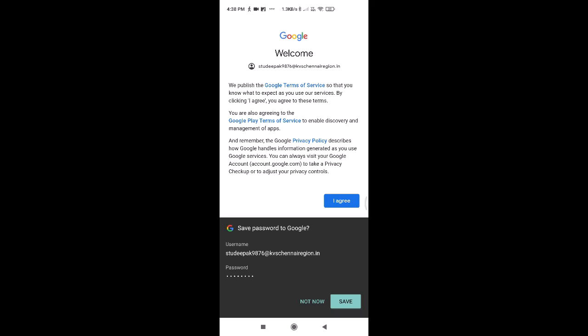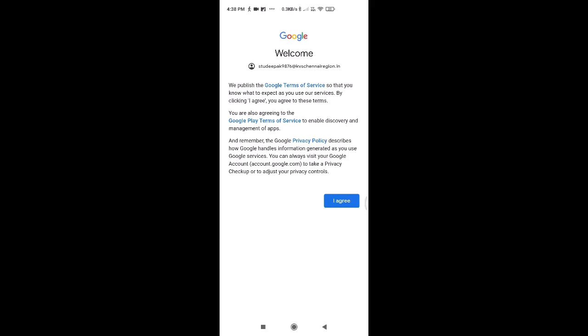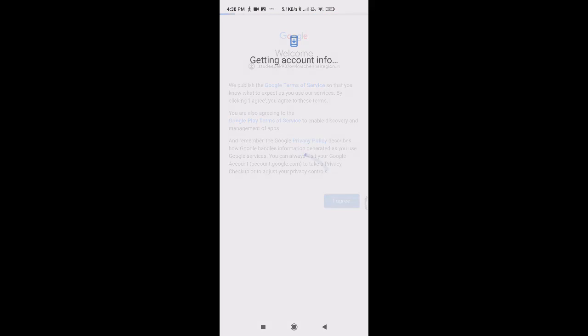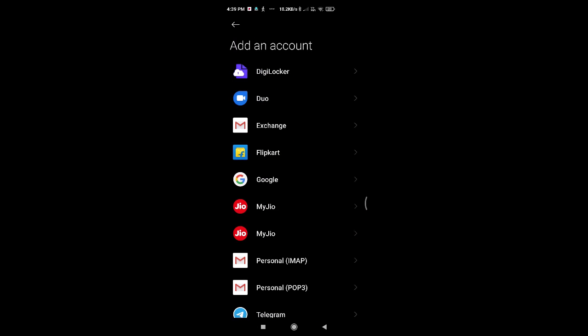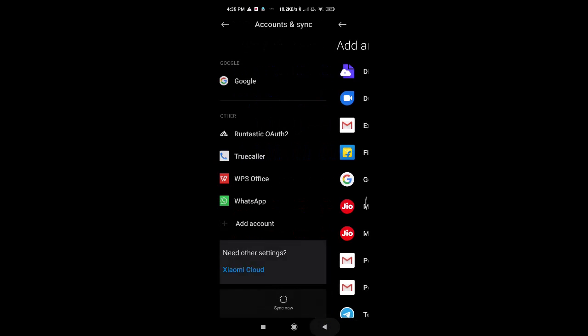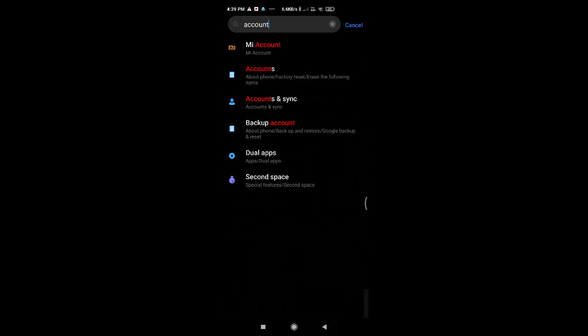Thereafter, if it is asked to save password to Google, you have to click on save. Then here also you have to click on I agree. So in a while your account is added. Now we can move on to further things.